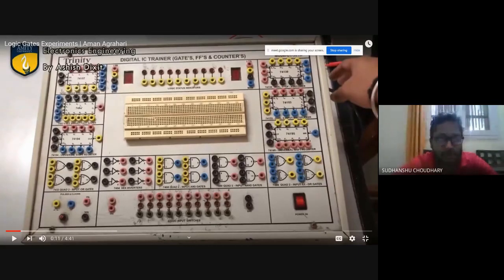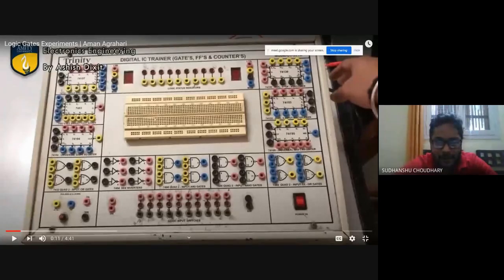So it is possible in the lab that you may be given an IC, let's say IC 7400. IC 7400 has four 2 input NAND gates. You will have to put it here on the breadboard and make connections to that IC, that is connecting plus VCC, the power supply, and ground, and then providing connections to the gates. Or maybe you can utilize the gates which are present here on the board itself. The schematics of the gates are present here to make things simple.